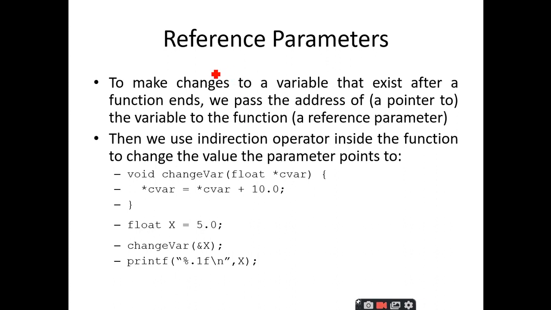So these are called reference parameters. As we have the concept of pass by value and pass by reference, the same thing we are going to discuss here. Whenever we want to make changes to a variable, even though we are passing that variable to another function, we can make changes only by passing the address. That means only by making use of pointers we can change the actual values of the variables. So this is a concept related to pass by reference.